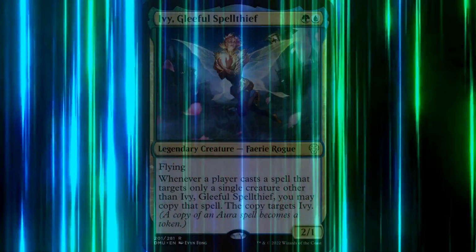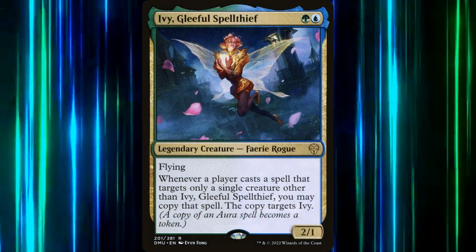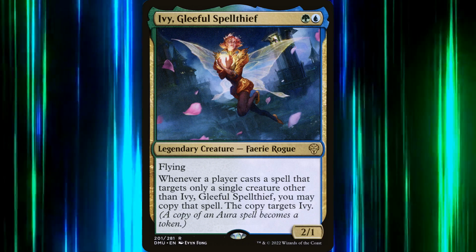Nazwin reached out asking for a casual $50 budget mutate deck led by Ivy, Gleeful Spellthief, and I was more